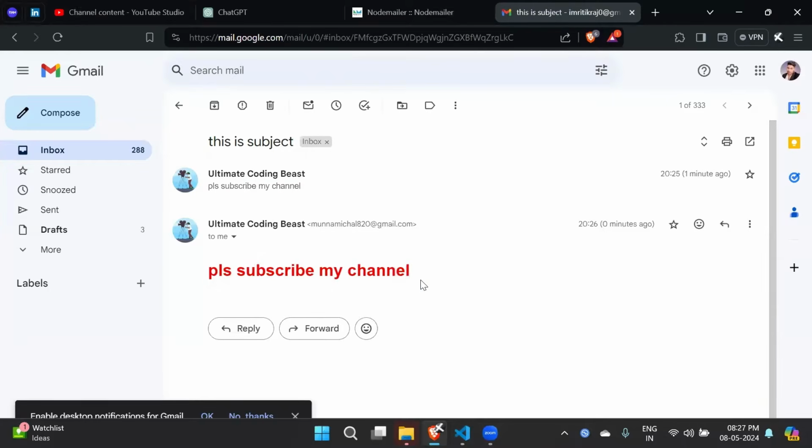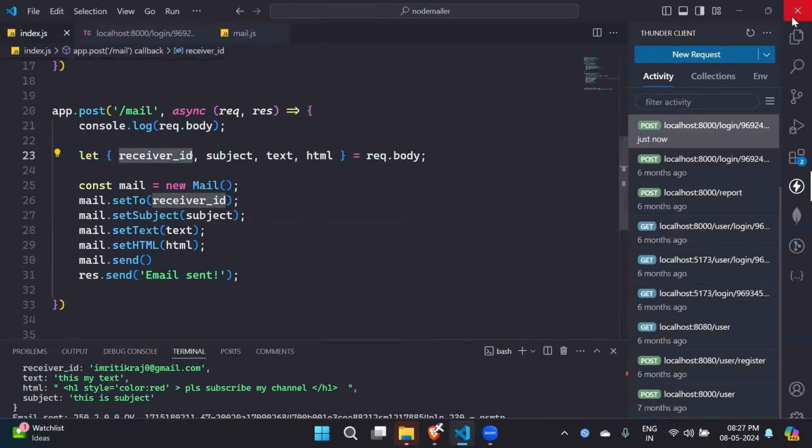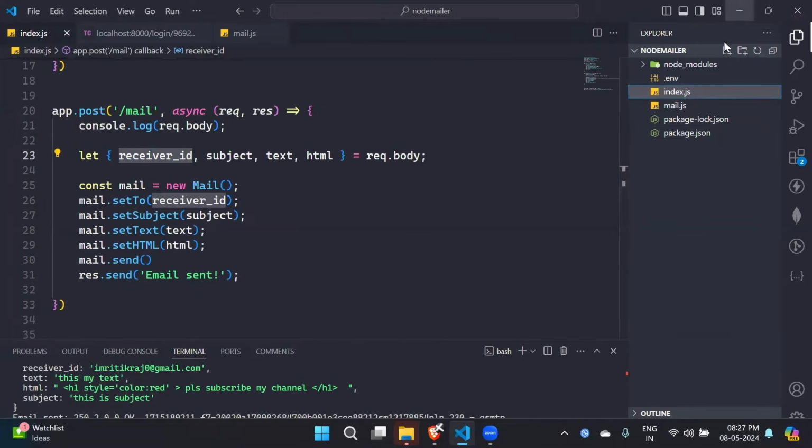Okay, so this is quite, what you can say, boring, writing HTML and sending it as inline text. So what we can do, we can make it dynamic. How can you make it dynamic? In the front end, you can create a front end for it. But what we can do here, I will create an HTML file and try to send it. But okay, let me create first